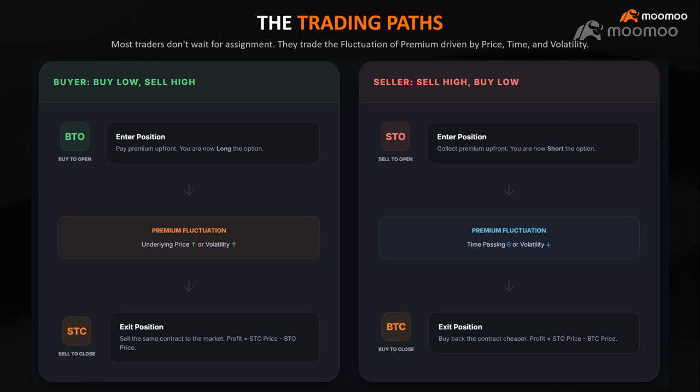End of the trade cycle. They buy to open, then they sell to close. So they won't be doing early exercise or auto exercise before expiration. They basically just buy to open, sell to close. That's all. And then some of them just want to benefit from the time decay of the options. They will sell to open the options, and then they will just buy to close. Okay, just sell to open and buy to close, from a seller's perspective.